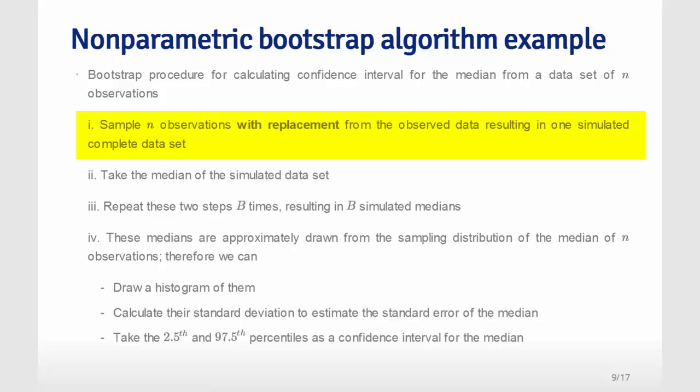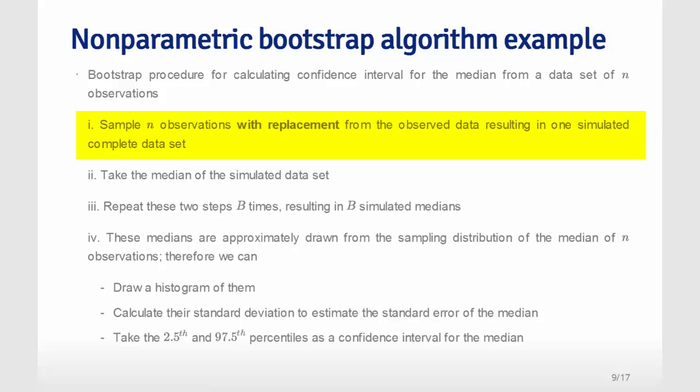Remember, when you sample from the observed data, you're going to sample with replacement. If you didn't do it with replacement, then after having sampled n of them, you would just have a copy of the data set again, just with the order permuted. Instead, it's important to sample with replacement, which means that you likely get some observations repeated multiple times, which is fine. This is part of bootstrap resampling.